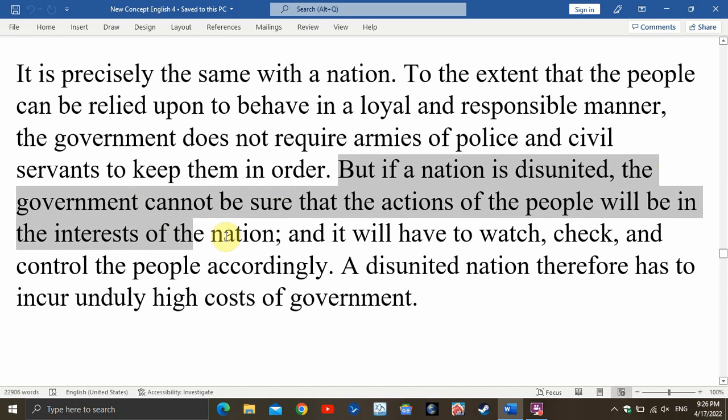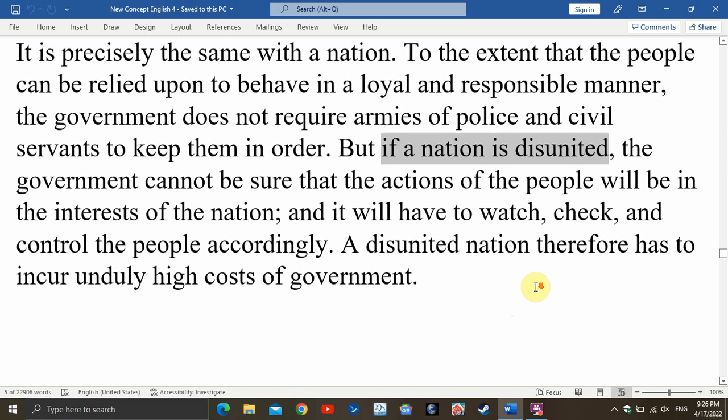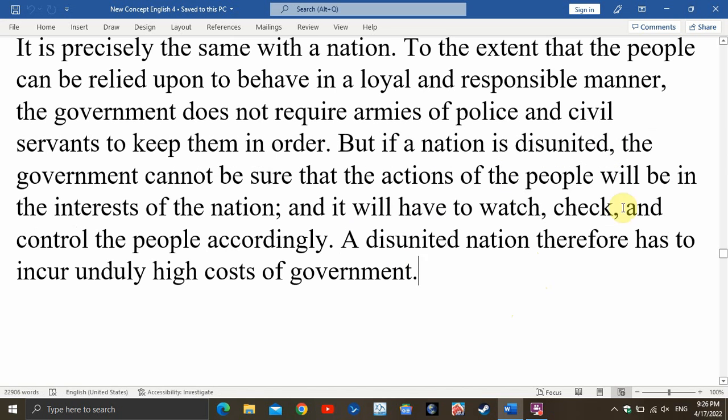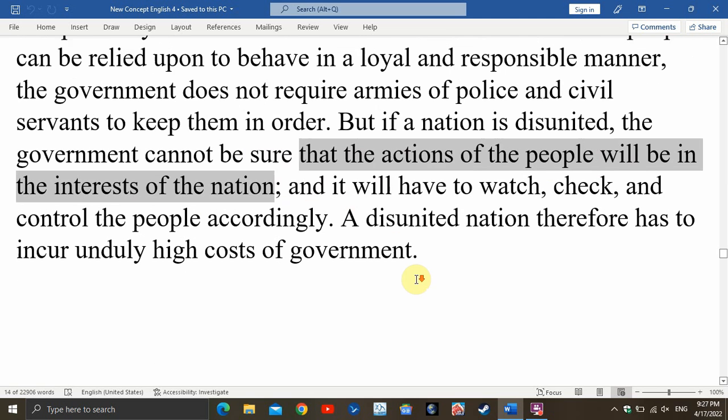But if a nation is disunited, the government cannot be sure that the actions of people will be in the interest of the nation. 好，那么这里是一个条件句。If a nation is disunited，这是条件状语从句，对不对？后面 the government cannot be sure that，到这里有一个 that 从句，这个 that 从句大家知道，是 sure 的补足语，做形容词 sure 的补足语。Cannot be sure that the actions of the people will be in the interest of the nation